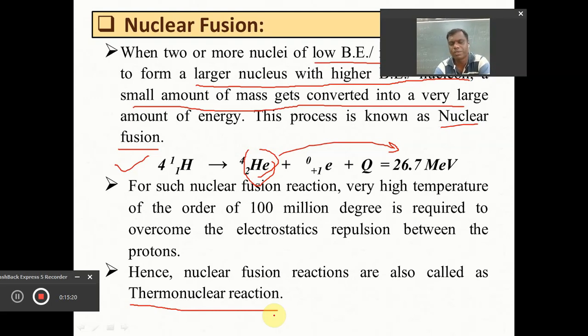And definitely it requires a very large temperature, and that's why these reactions are also called thermonuclear reactions. In nature also, many thermonuclear reactions are always occurring, in the galaxy and in the universe. Natural nuclear fusion reactions always take place, and sometimes we are not aware of them. But it is interesting and important to know what nuclear fusion reactions take place in the universe and in our surroundings. So we should be aware of these reactions.